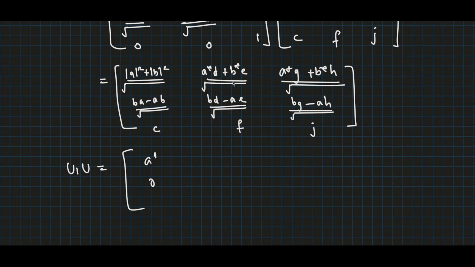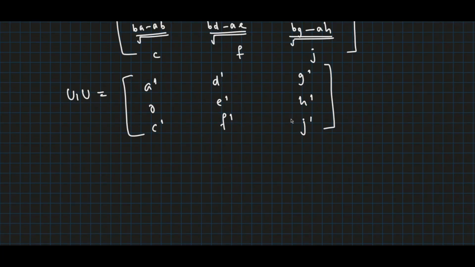Similarly, renaming all these expressions, we can write them as D dash, E dash, G dash, H dash, and just for generality we will write C as C dash, F dash and J dash. So U1 into U would be this matrix. Now U and U1 both were unitary matrices. Therefore U1 into U is also a unitary matrix,